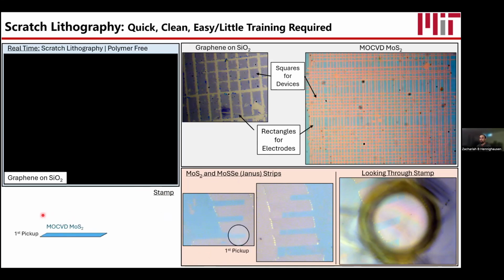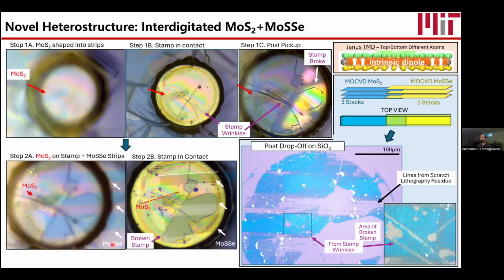And so here's our first pickup, and we've just picked up a strip of MOCVD MoS2. Now our stamp will move to the Janus side. I'm going to overlap it very carefully, and I will pick up the Janus. That's the second pickup right over here, you can see. And now we're going to do a third pickup. And so you can see how you can quickly move between the materials and deterministically choose where you want to place your 2D material on the stamp, and then pick everything up and then drop things off later. So let's see how things worked out.